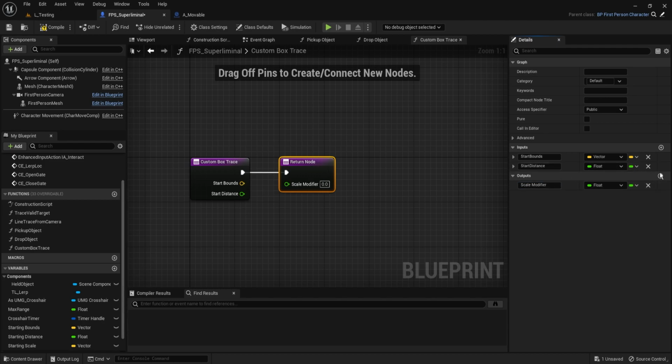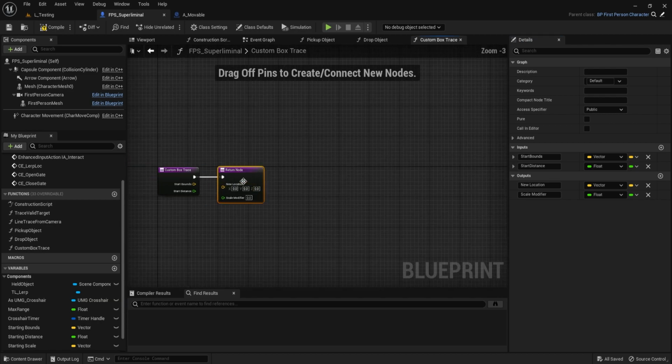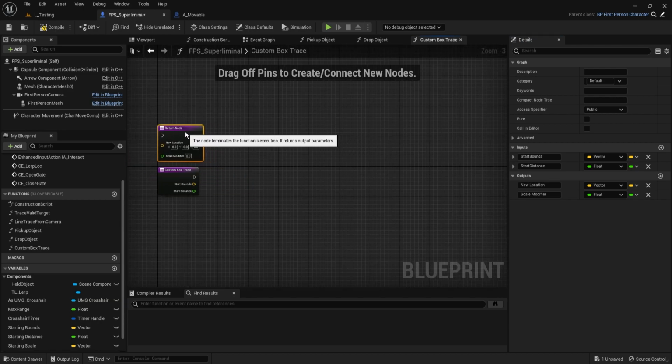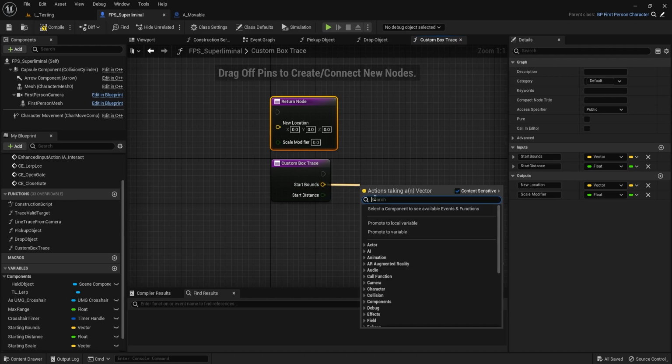But then we're also going to need the new location. So for the new location, let's put it above because it's going to be the first thing we're going to use. There we go. So we can detach it and put it here for now. So we're going to say it doesn't take up too much space. So let's get started. So the first thing we want is we want to put our start bounds and promote